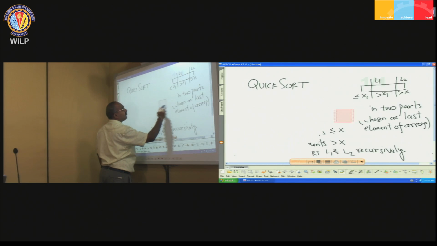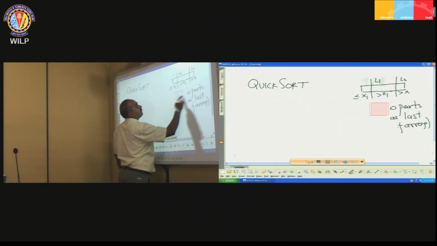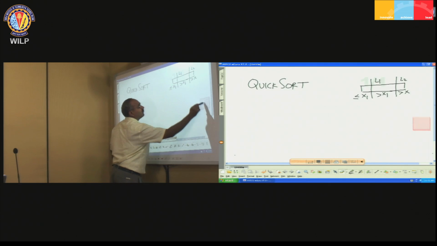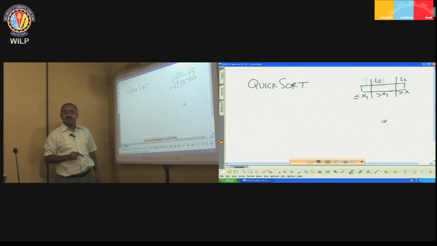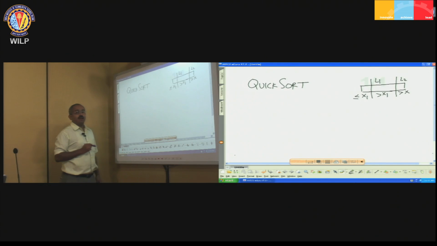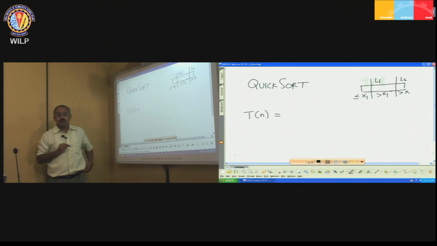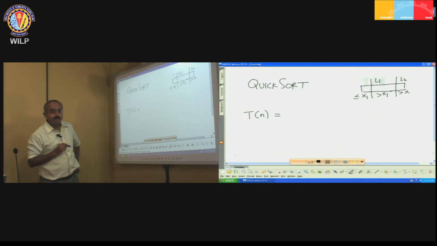Remember, this is a divide and conquer algorithm. So, its analysis will be via using a recurrence relation. So, what we will do is try to write down the recurrence relation, which will be modeling the running time or the complexity of this particular algorithm. Now, if T(n) represents the time required to sort n elements, then